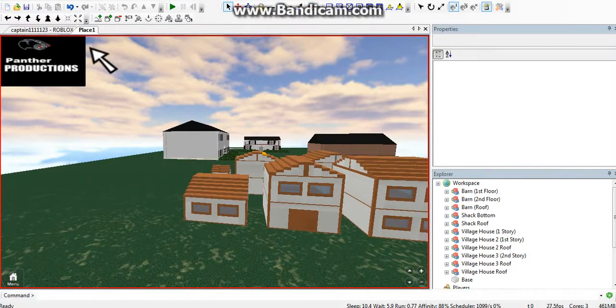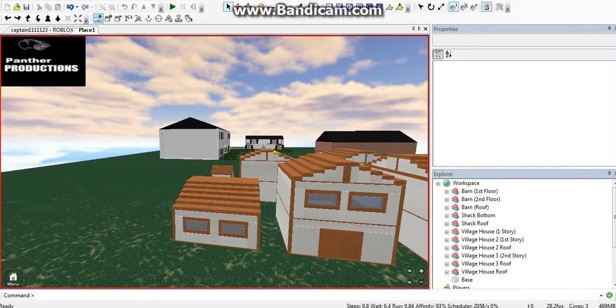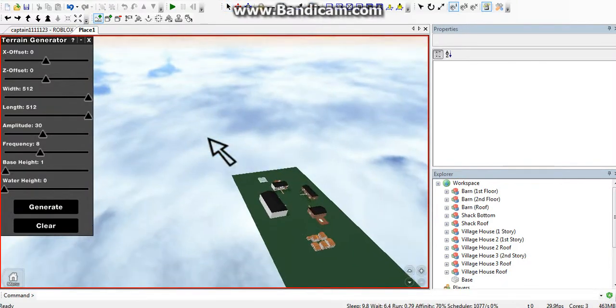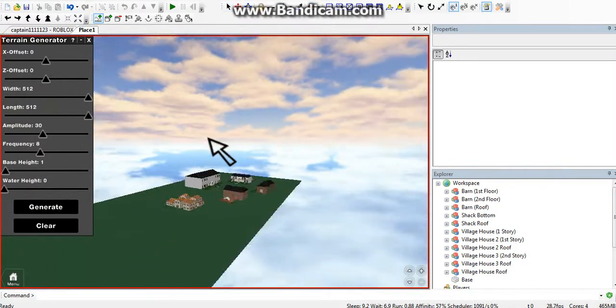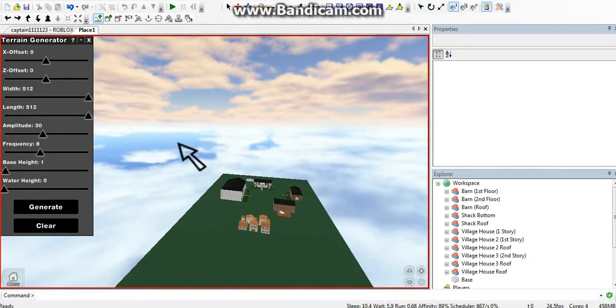But then there's this other thing called terrain, which is like Minecraft, which I don't preferably like to use. And that's just like Minecraft, and you can just generate